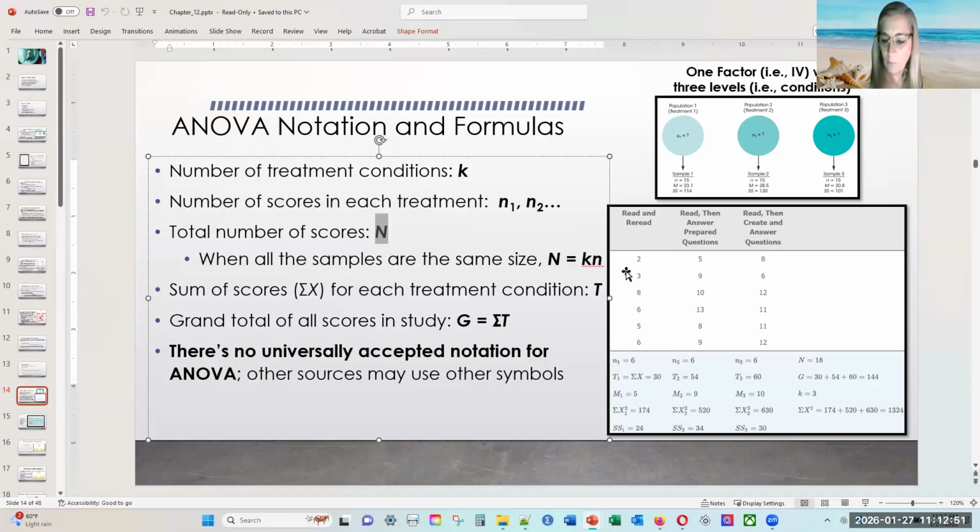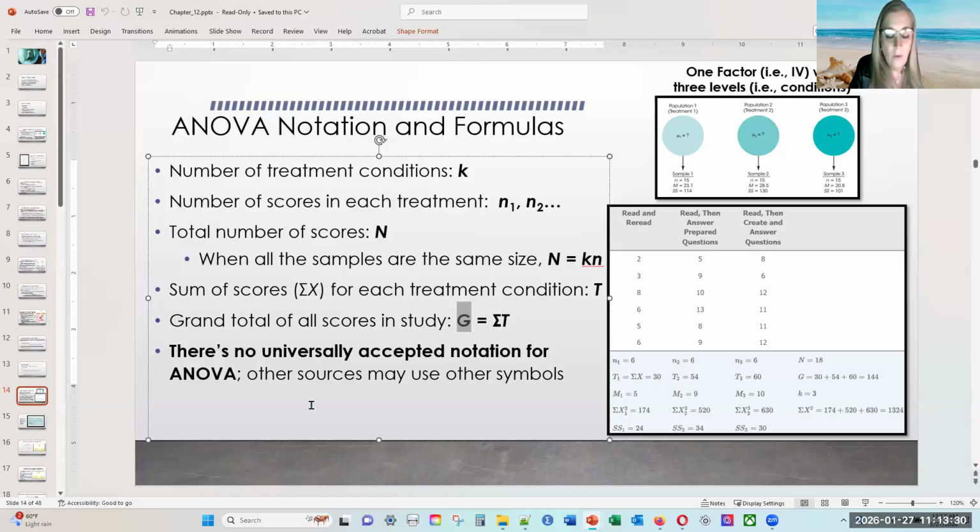And if I multiply 3 for 3 groups times 6, I will have the total number of N. All right, the sum of scores for each treatment condition is called a capital T. So if I add up all these scores, T will equal 30. The grand total of scores in a study is capital G, and that's just adding up each T, right? So if I add up 30 for this group, 54 for that, and 60 for that, the grand total is